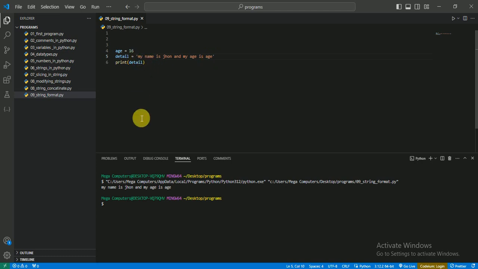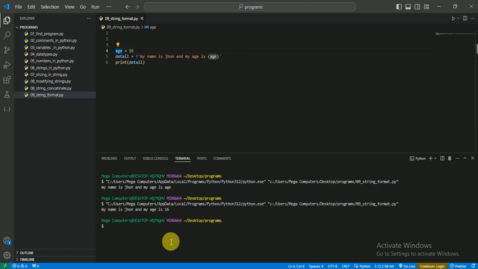We write here f before the quotes, and then in the place where I want to put it, I create curly braces. These are the curly braces, and here I write age. So what does this mean? This means this is a placeholder in which I put this variable. So let's see. As you can see, my name is John and my age is 16 because of this